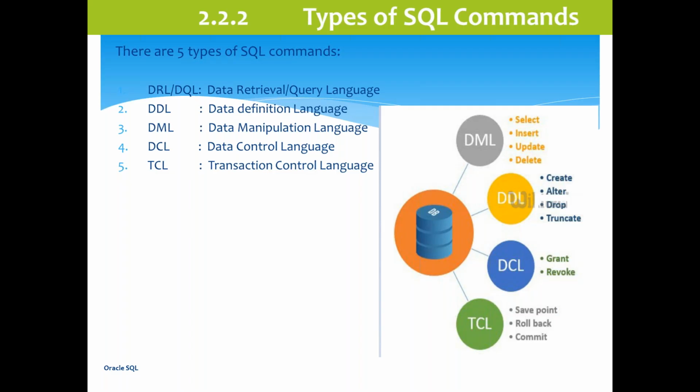Same thing in database also. If we add some data, we want to save that. Automatically it will not save. For save purpose, we have to use commit. Then only it will save. So for your understanding, you can consider commit is for save purpose. In technical words, it is called commit. We cannot call it save in database, but for our understanding, it is save.